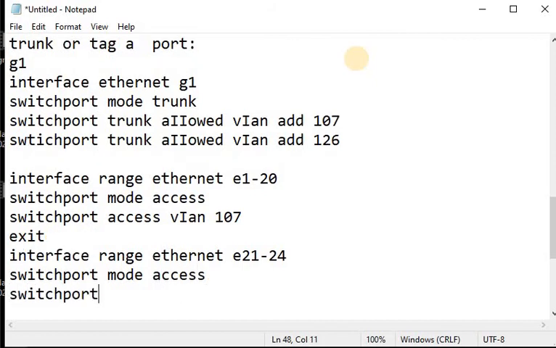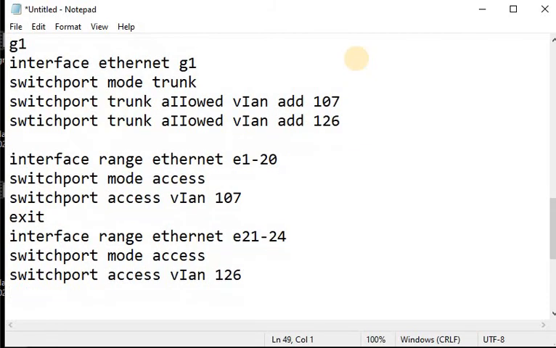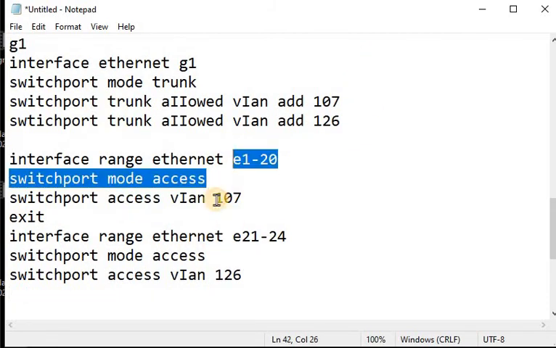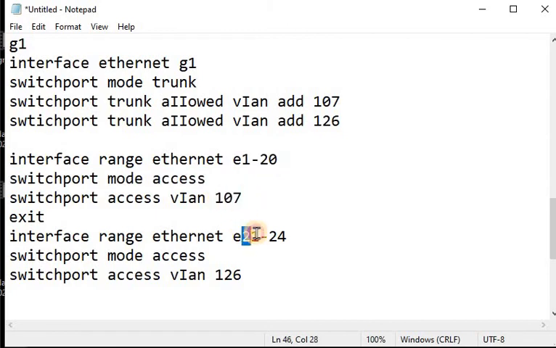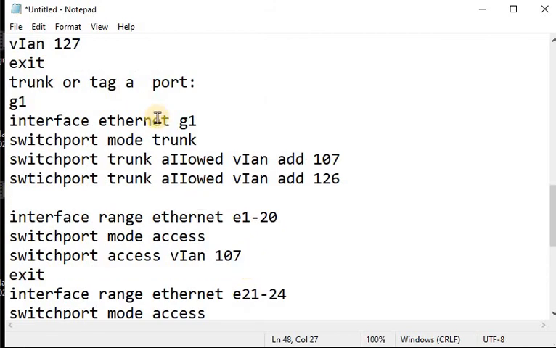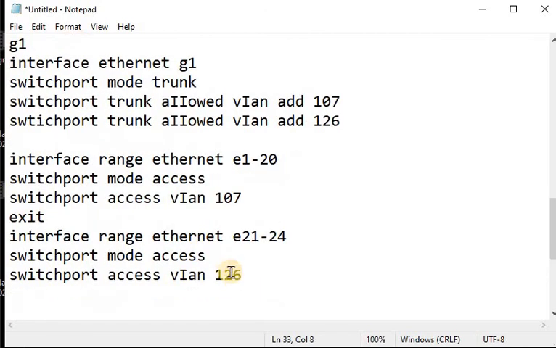Now I will add these ports to VLAN 126. So the first 20 ports are added to 107 and the last 4 ports are added to 120. Sorry, it's 127. Now these are added to 127.